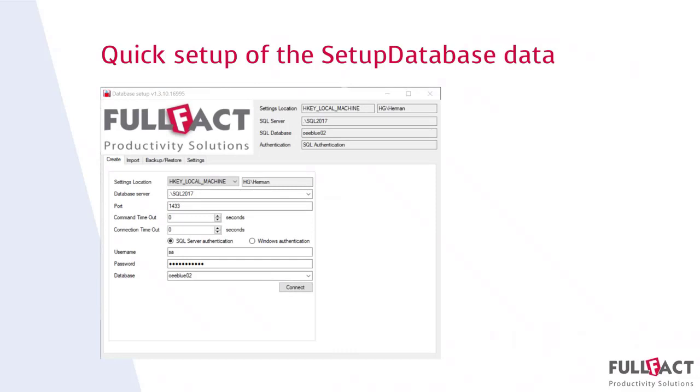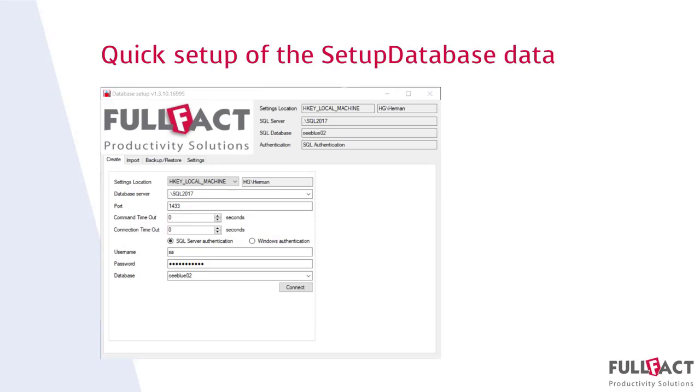This is the database setup screen, and over here you can enter your credentials such as your username, password, the database server, and of course the database, the actual OEE database that you are using for our software. Once you enter this, you press connect, and the software will make a connection in the background to your database, and it will store its credentials in your registry.